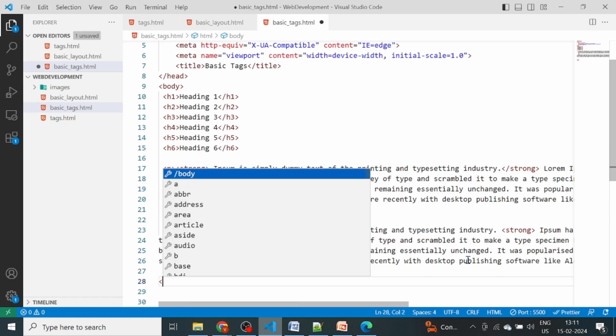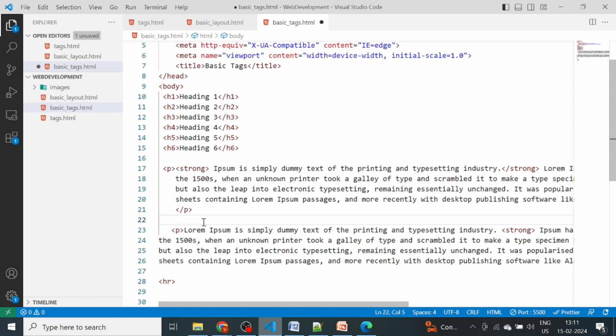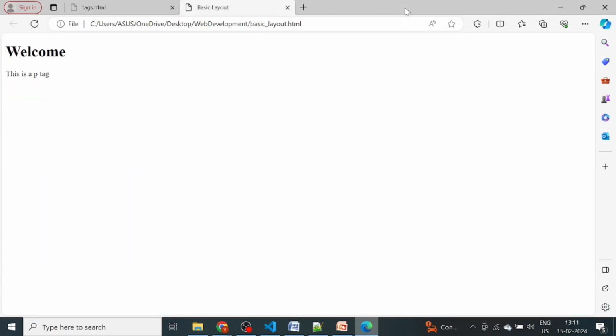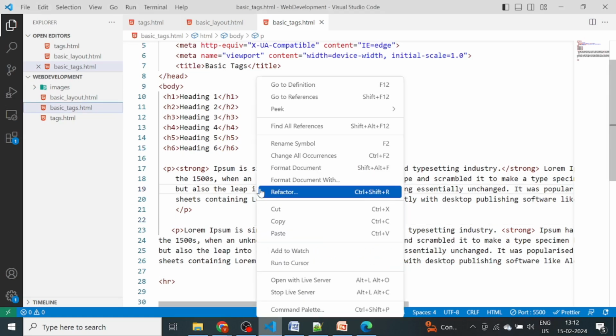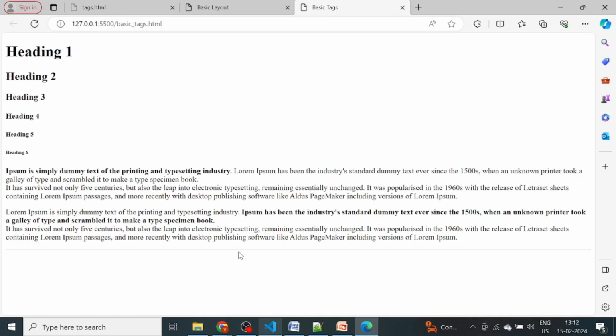So here use one HR for horizontal row and save this file. Okay, our live server is stopped, so we need to again start the live server. So just like right click and open with live server. Okay, so this is the HR tag which we have used for the horizontal line, and